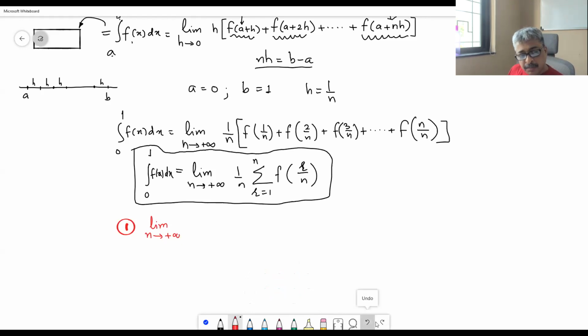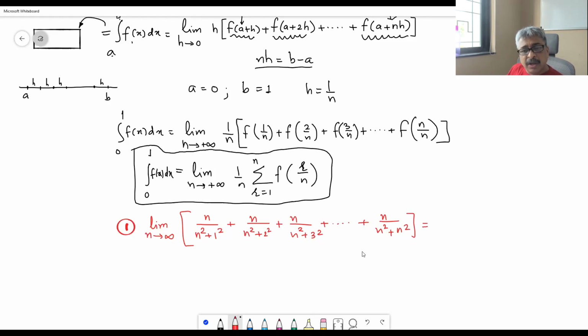Here I will not write plus infinity because it is a natural number. N upon n square plus 1 square plus n upon n square plus 2 square plus n upon n square plus 3 square plus dot dot dot plus n upon n square plus n square